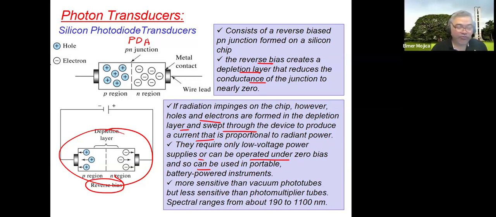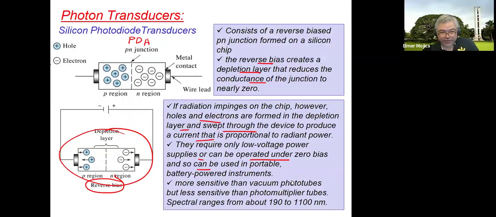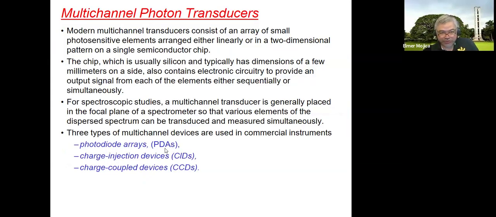Okay, so what we have now are, we could say, the multi-photon transducer. So when we have what we call the multi-photon transducer, it's made up of one. So from the silicon photodiode transducer, if you have many of them, you can do this so-called PDA. So the modern